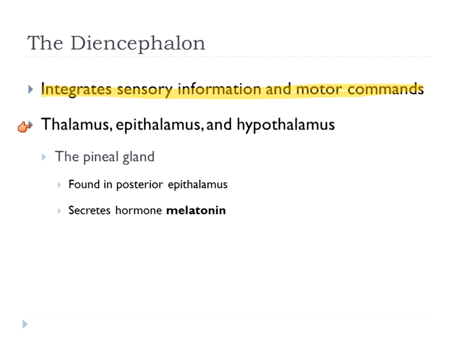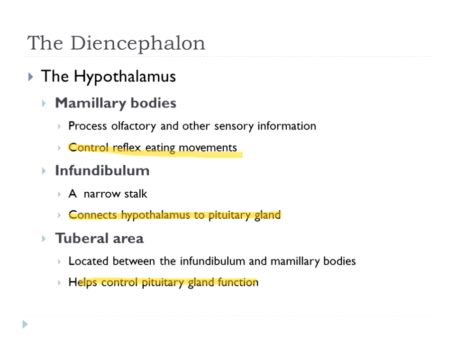Also, there's a gland we haven't really talked about, and remember the pituitary; this gland we did talk about in the endocrine chapter. The pineal gland is not really a part of the brain, but it is found in the brain. It's its own tissue. The pineal gland hangs out posterior to where the thalamus lies, and it's superior and posterior to where the hypothalamus lies. It secretes the hormone melatonin, which is responsible for circadian rhythms and also has a role in reproductive function.